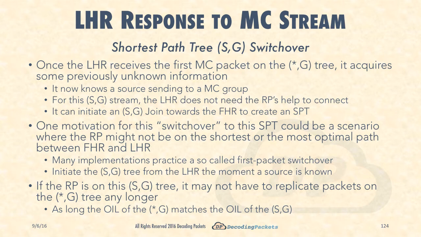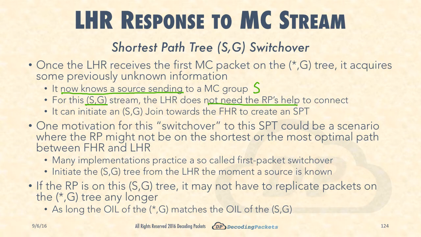As that first multicast packet comes down the stream and is processed by the LHR, the most important piece of information acquired by the LHR is that it now knows a source that is sending to that multicast group. This is some previously unknown information. This is the information about that S that it did not know before and that it really needed the RP for. So for this particular S comma G stream, if you think about it, the LHR no longer needs the RP's help to connect, because it now